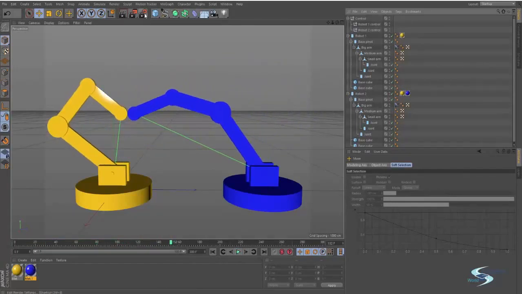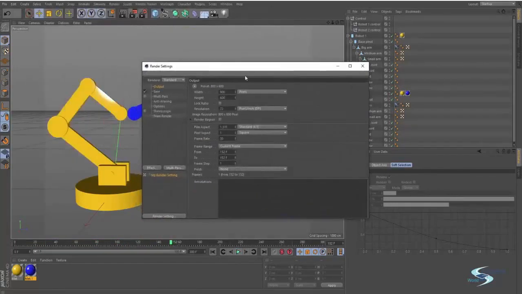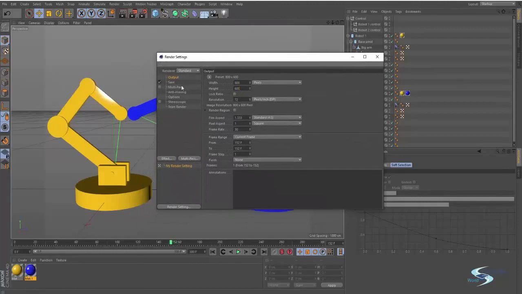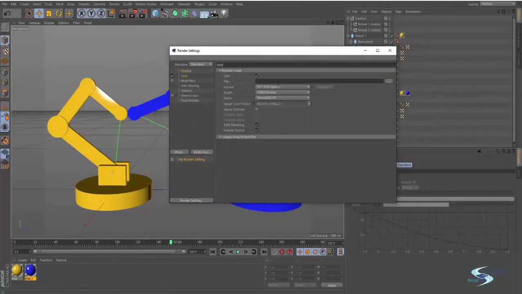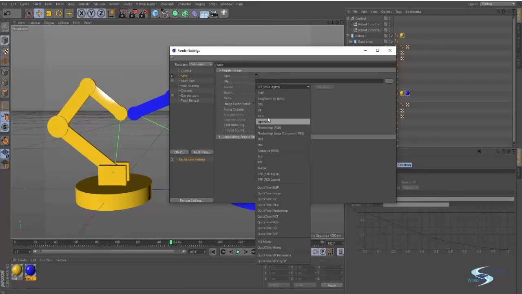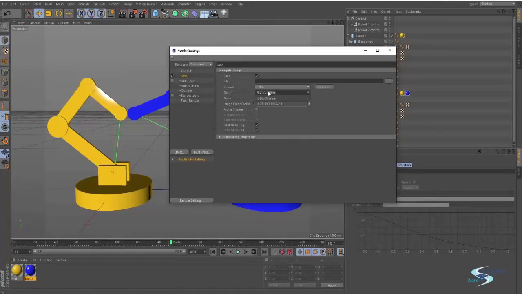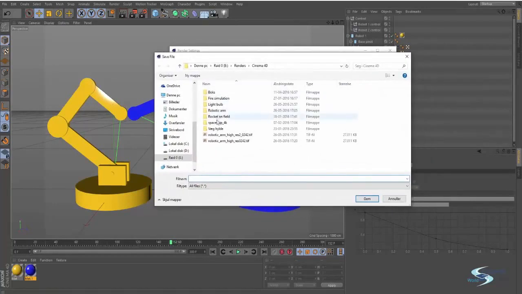Looks quite alright. I'll go into the render settings, and I'll actually just leave this at 800 by 600, and I won't add anything special. I'll just keep it very simple. I'll choose a JPEG 8 bits, that's the only option you've got, and then I'll just basically find somewhere to